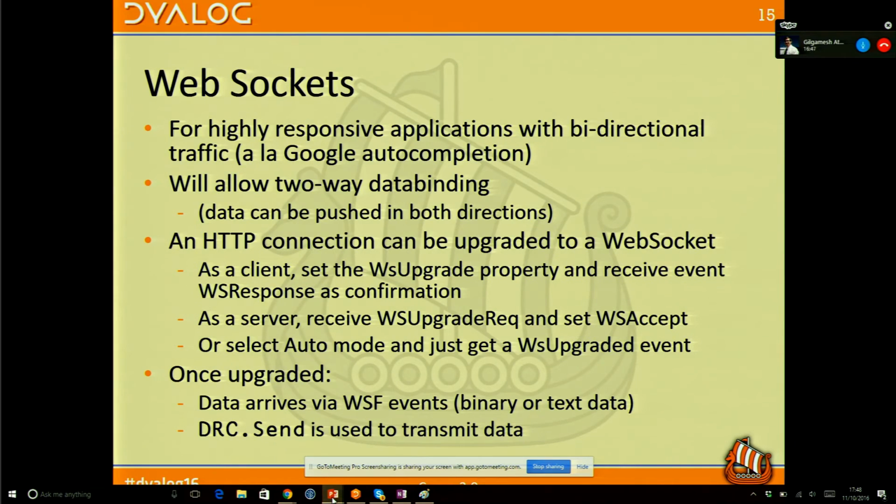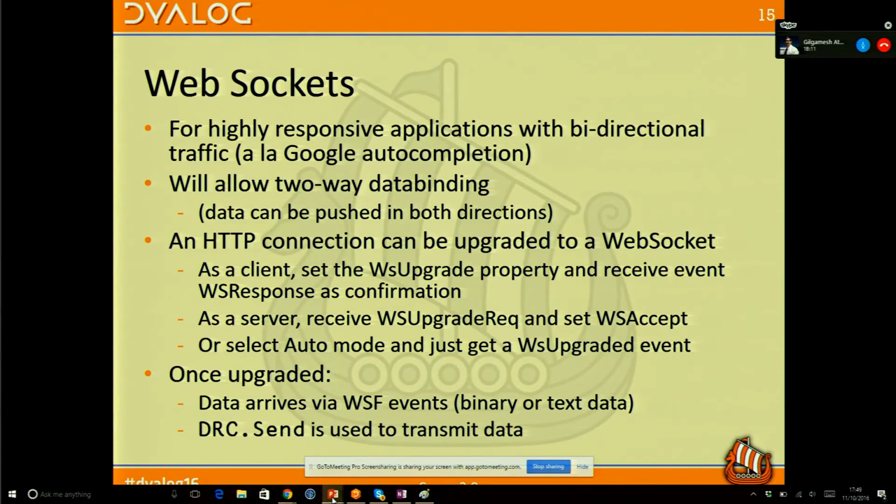And then the final piece before we hand over to Gil is that we're adding support for WebSockets. Typically when you use HTTP, you have a browser, it sends a request, the server sends an answer back. But modern applications like the one that Michael was showing yesterday, you really want to be able to have immediate response. If you're searching in Google Maps or Google Search, you get autocomplete. That's because every keystroke that you make is being sent to Google, and they're doing predictive stuff based on the keystrokes and responding immediately to what you're typing.